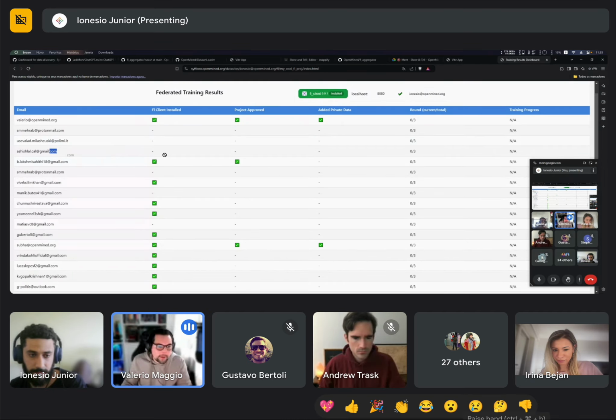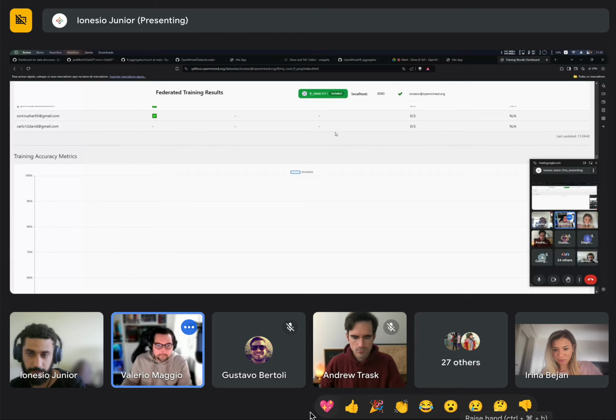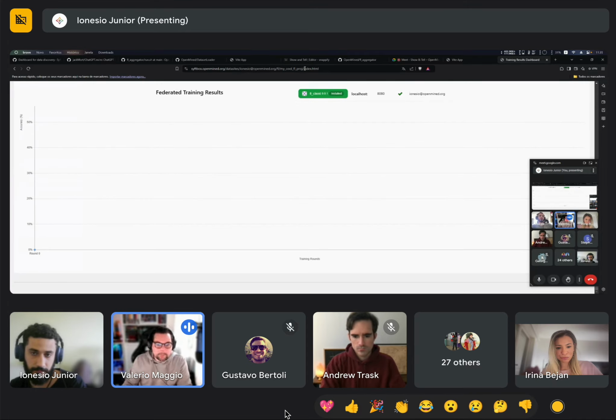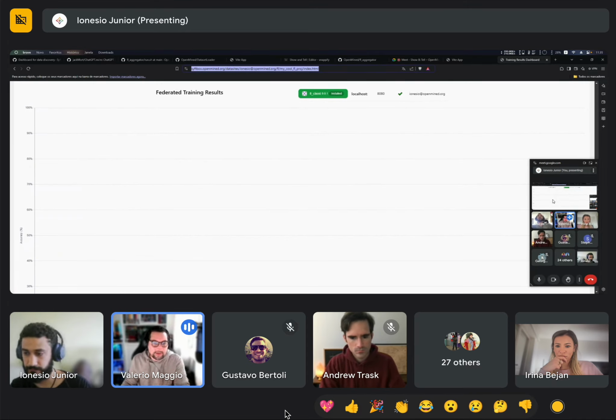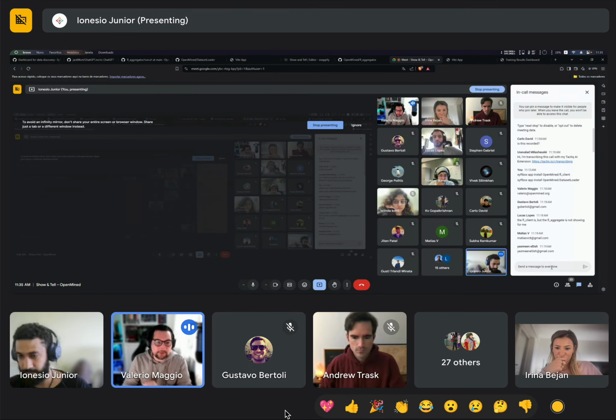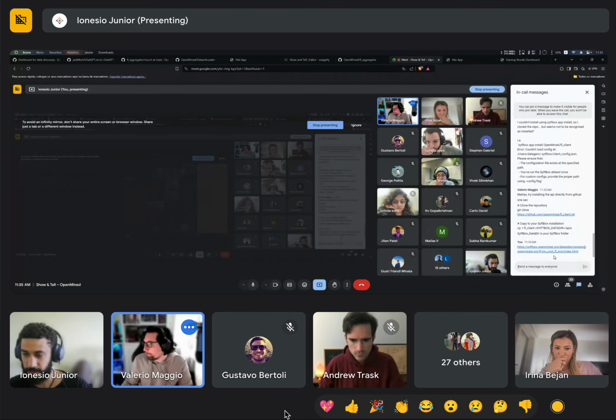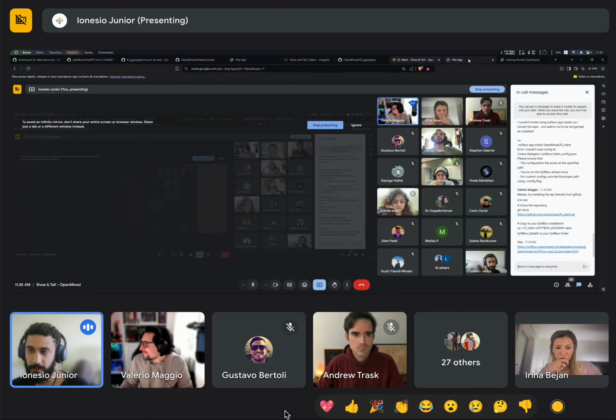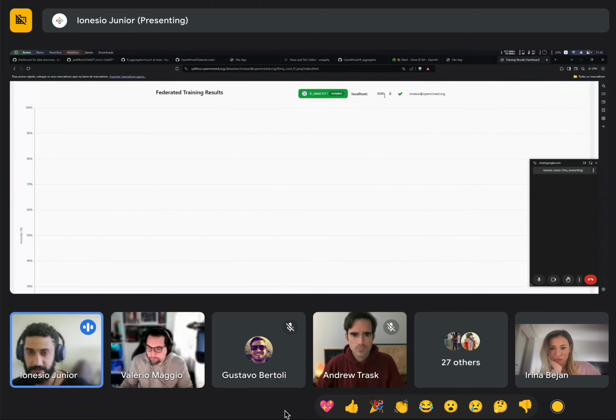May I suggest one thing, super quick? Go ahead. If they navigate your dashboard, they have the possibility to install the client with one click. So if you just share that link into the chat, they can install it using the widget. Sure. So it's here, and also you can follow the process of training.